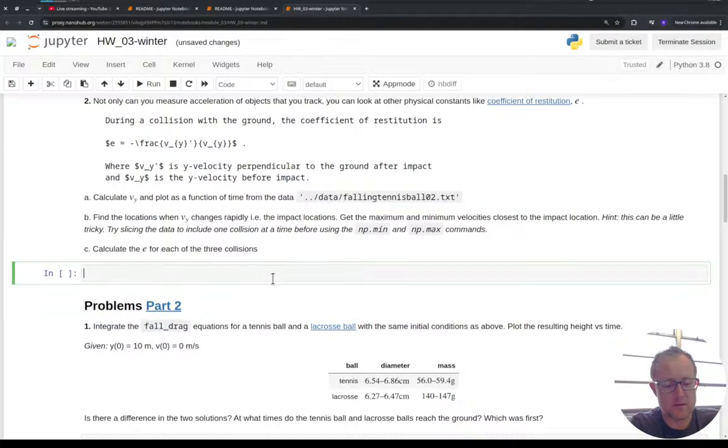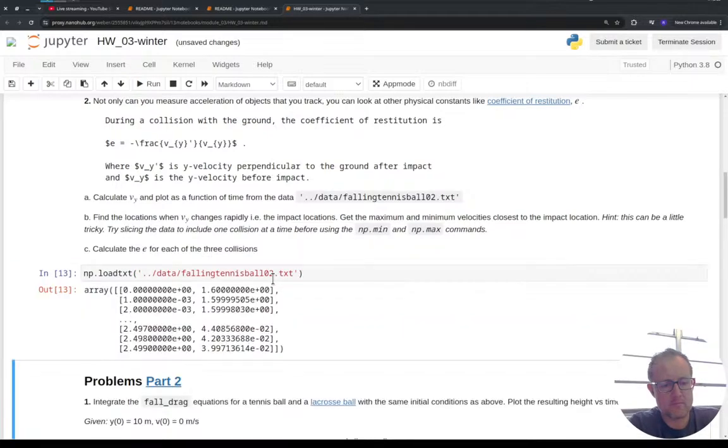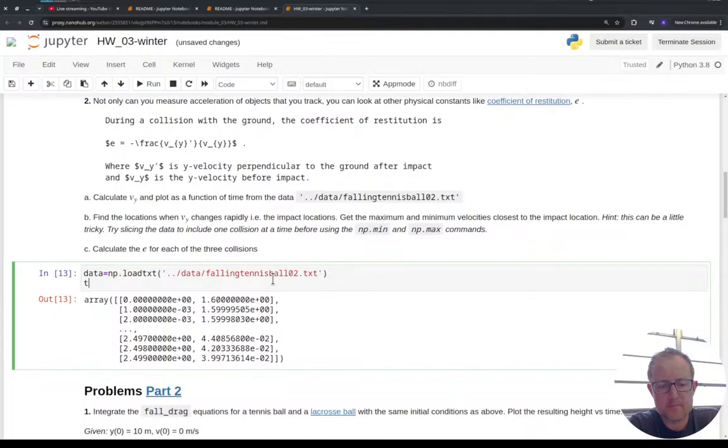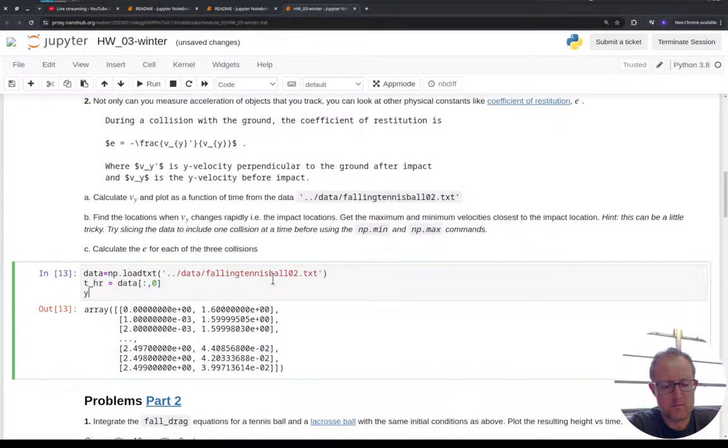Let's grab this. Let's say np.loadtxt. All right, cool. I'm calling it HR for high resolution. I'm taking column 0 over here, 0, 1, 2, putting that in my